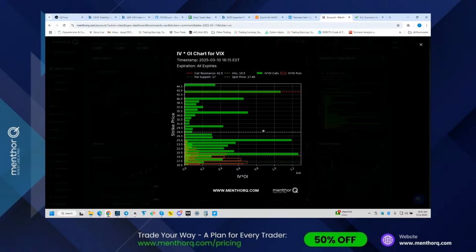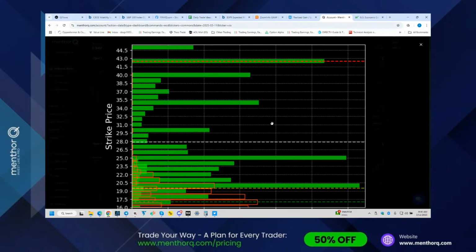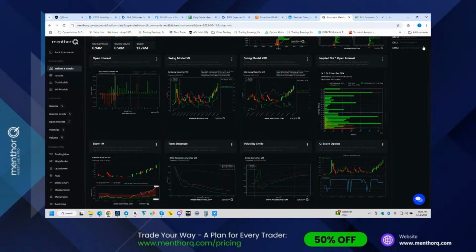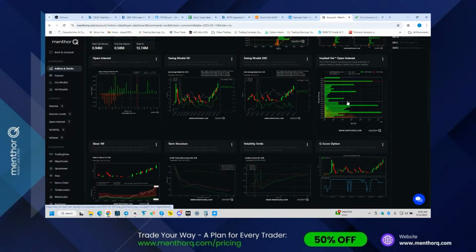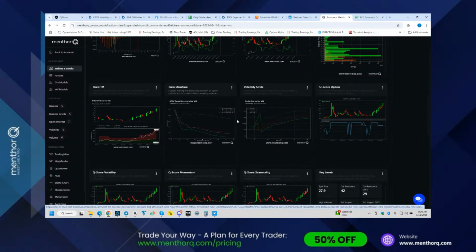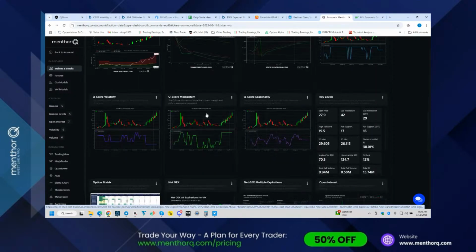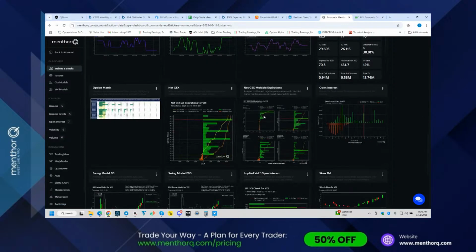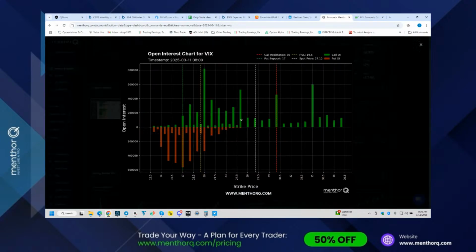And yeah, okay. I don't see much of a reaction to the JOLTS. Is there anything else we want to see? Oh, here we go. There we go. Yeah, that's right. We talked about this. So here's a nice, easy way to see